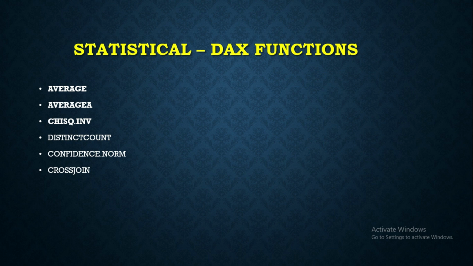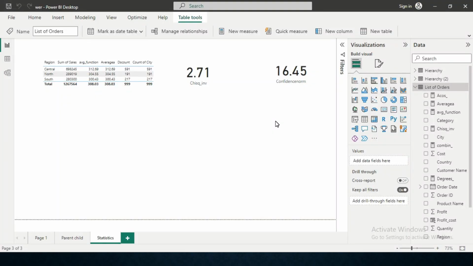Let's start with today's session. Since it's a cross join, we are going to create a new table instead of a new measure and new column, which we have defined in the previous videos. So this is going to create a new table which is crossing and joining two different tables into a single table. So I am going to name it cross table,